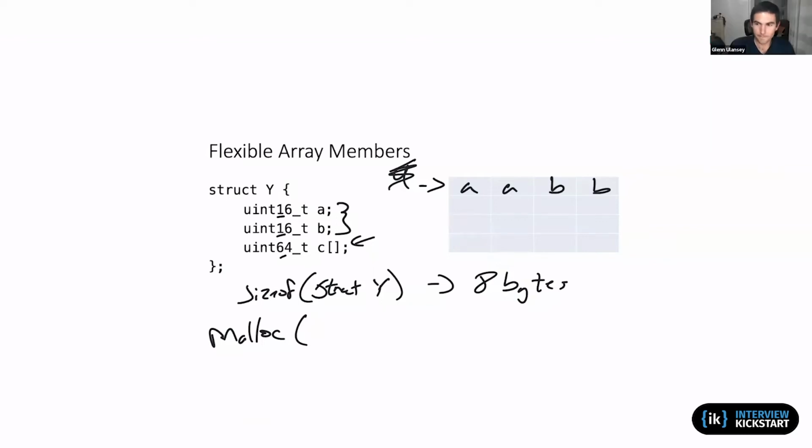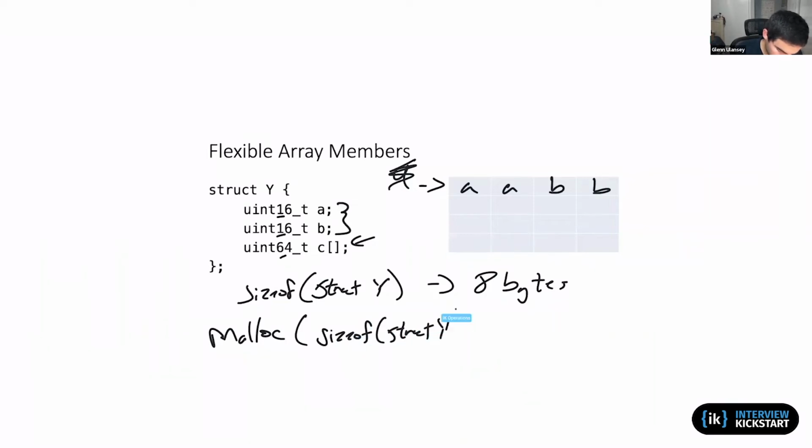Perfect. Awesome. So we cannot have an array of struct Y anymore because we have this field C within it. So back to my alternative perspective on how we determine how big this structure is if we called sizeof the structure. Oftentimes you might end up using a structure or allocating memory for it, something along these lines. You might call malloc, you might call sizeof